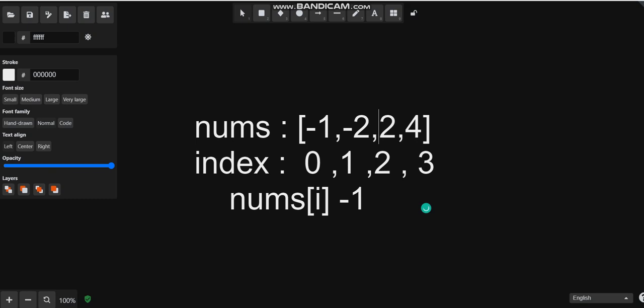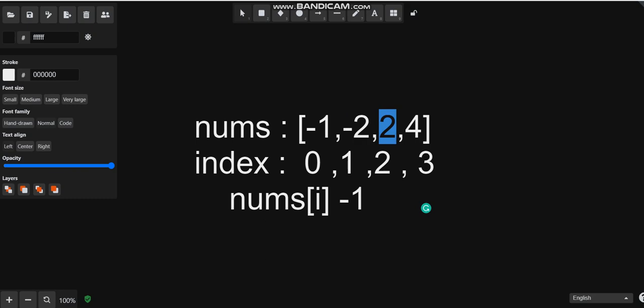So again, for the third time, I will go to index 2, that is 2 minus 1, which is again 1. Here I see that the number I have is a negative number, whereas ideally the numbers are from 1 to n, right? And this is a negative number. That means I have already seen this number in my array, and that is how I will know that this is the number which is being copied twice,